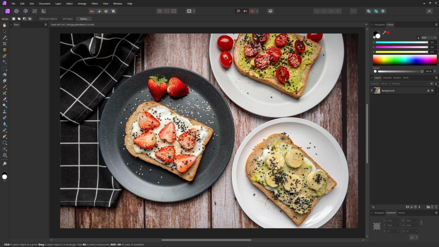And when you select that, as you can see, if I now hover on top of the image here, it will select an object it thinks you want to have selected because you're hovering over it. But you can fine-tune that selection by holding the Alt or Option key to select one thing. As you can see now, it does more of a selection of the thing I'm hovering on top of,